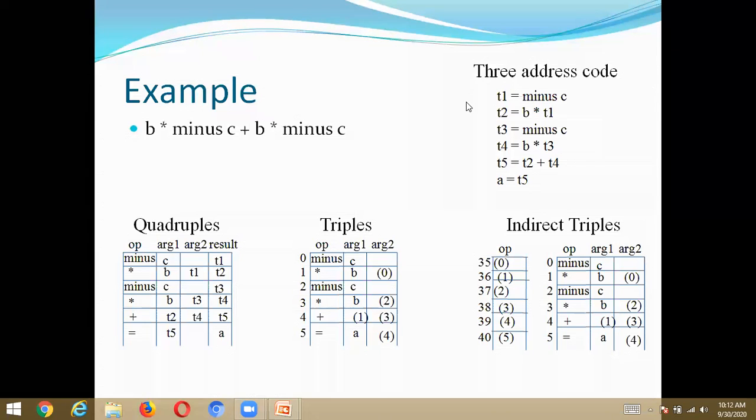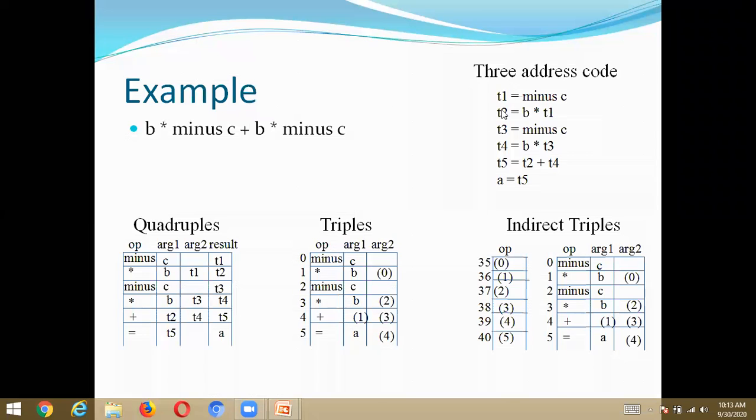So from the 3 address code, T1 is equal to minus C. What is the operator here? Minus is an operator. And what is the resultant here? All the left hand side comes under the resultants. In the translation statements, all the left hand side parts come under the resultants. And the right hand side is the combination of the computations with the operands and the operators, right? So by using these 4 fields, I am representing a quadruple table.